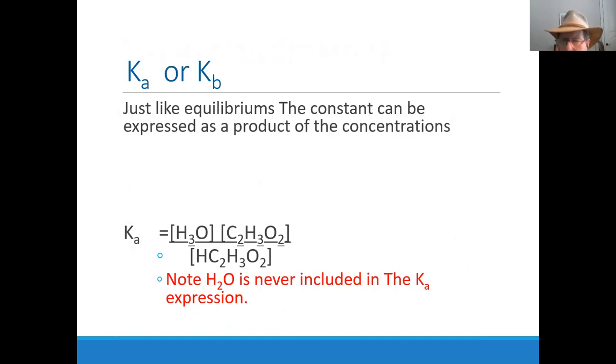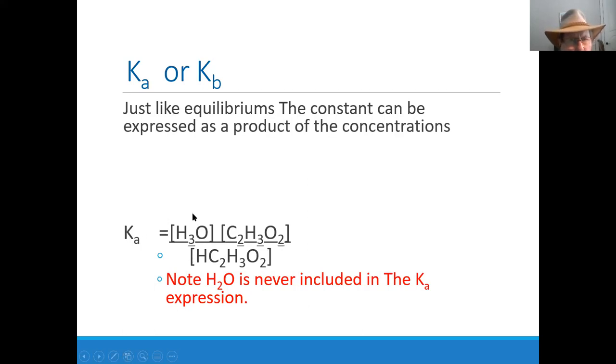Jenna? I don't know. Okay. Yeah. Ka is big. Okay. If I want a big Ka, am I going to have a big numerator or a big denominator? Oh, big numerator. So look, how do I get a big numerator? Do I have lots of H3O or do I have lots of HC2H3O2? Lots of H3O. So again, if my